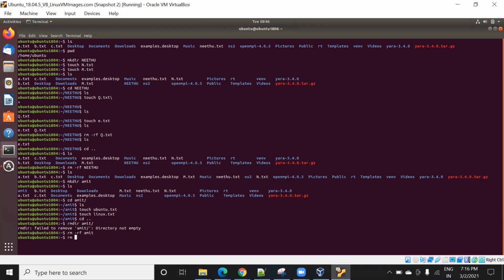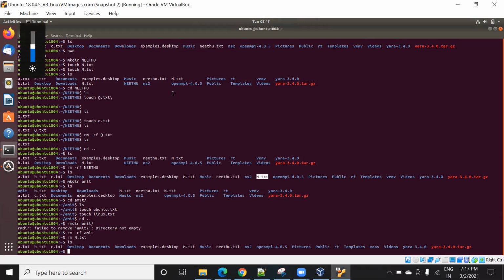Let's rm the .txt file. See, this file is not available now. So use rm. And this is the difference. If you want to take a screenshot, you can take a screenshot of this command for practicing. I have already shared with you, but suppose in case you want to take a screenshot, you can take it.